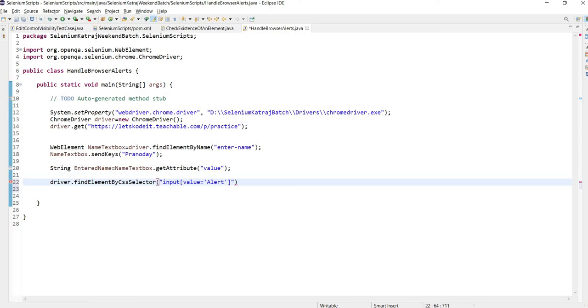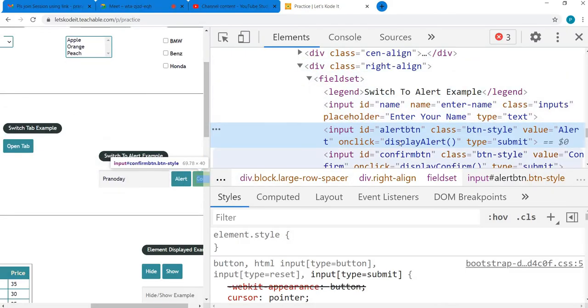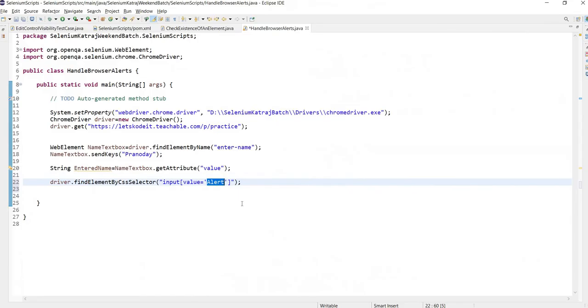So what it is saying is I want to find an element having tag name as input and the value attribute of which is set to alert. So there is only one element on this page with that CSS, which is nothing but this alert button.